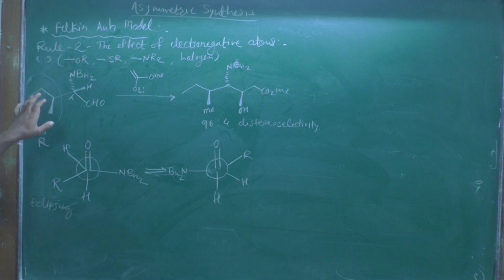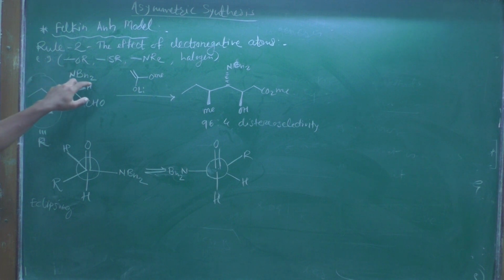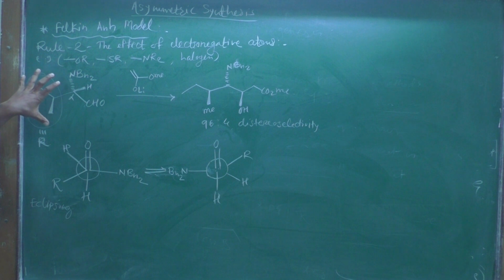Now here in this example, this is a CHO aldehyde, the alpha position has a chiral center, one is hydrogen, then this tertiary amine group is alpha, that is below the plane, and this is in the plane of the molecule. There are 1, 2, 3, 4 carbon atom substituents, and I have treated these carbon substituents as an R group in this case.